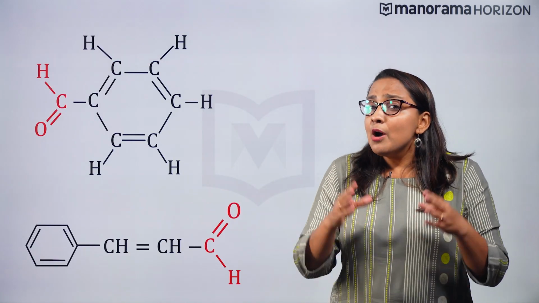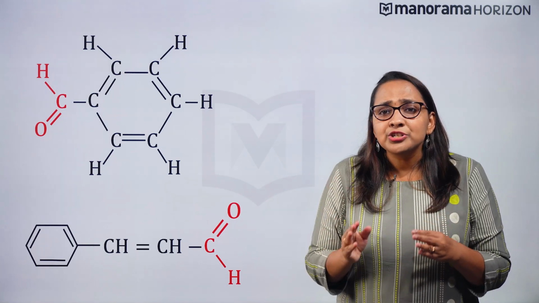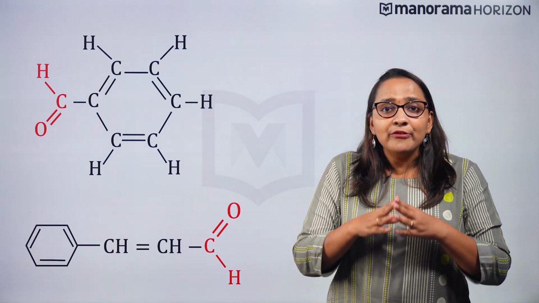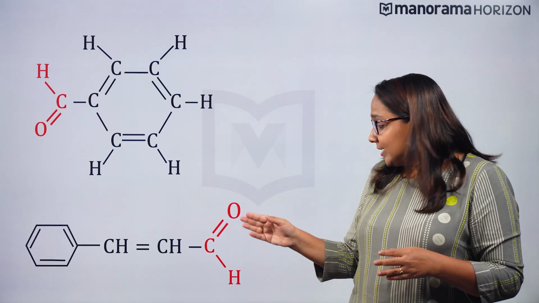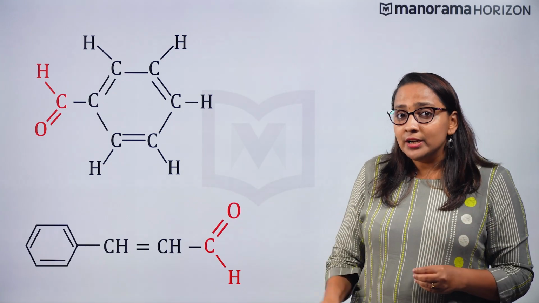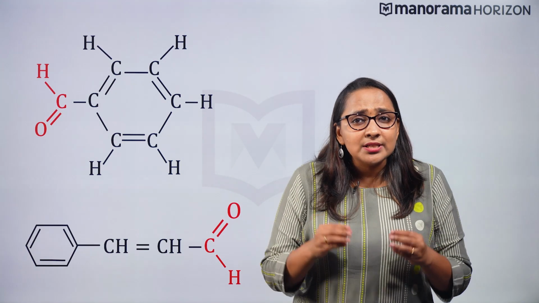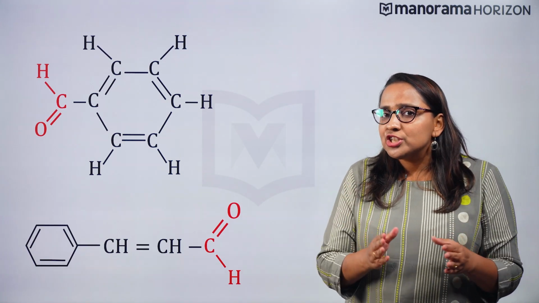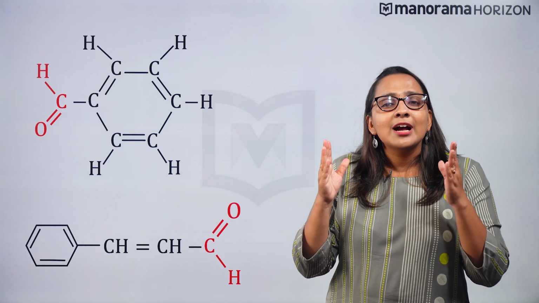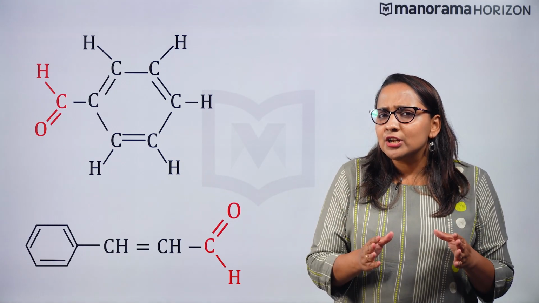If you observe both the structures, you can see that the common functional group is aldehyde, where a carbon atom is single bonded with a hydrogen atom and double bonded with an oxygen atom. The organic compounds containing a carbon-oxygen double bond are called the carbonyl group, which is one of the most important functional groups in